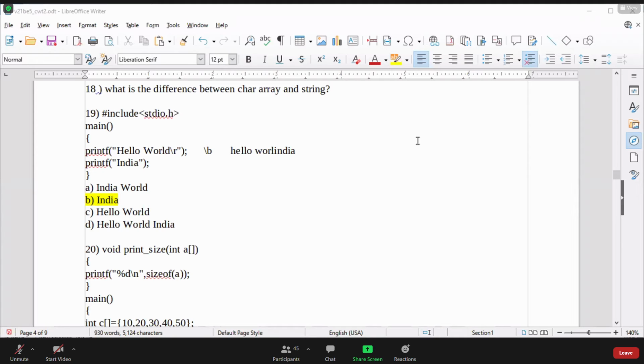Have you checked properly how you would get India world? \a is something alarm related, which we can't express here. Yes, you can try it, but you won't get proper clarity there.